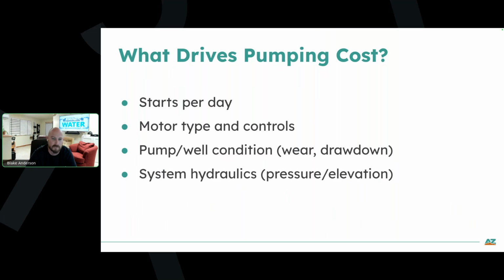So did our starts and stops rise all of a sudden? Did our drawdown increase? Are we seeing water levels drop? Did a VFD get programmed differently? Are we just having an impeller wear out? And so the 80-20 rule kind of applies. Most waste comes from a simple few missettings or degraded assets, but we'll dive into those deeper, and really a little bit of time can have a pretty significant impact here.